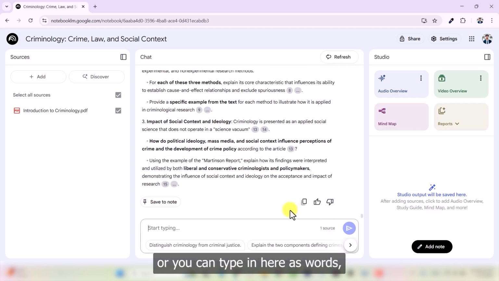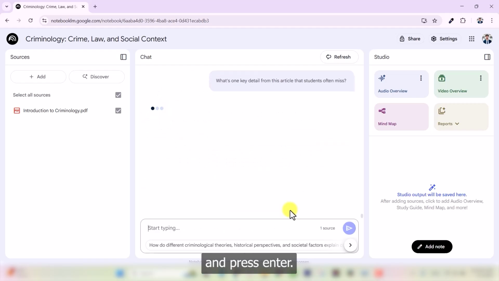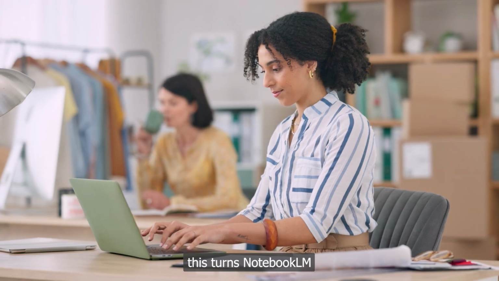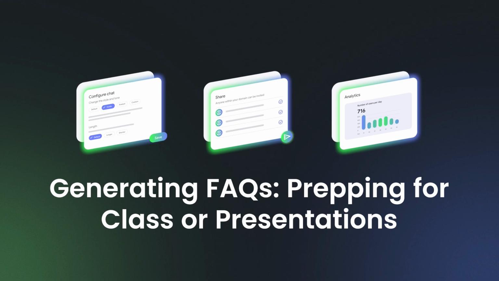Or you can type in here, what's one key detail from this article that students often miss, and press enter. So it has given 2 points: contradicts common belief, and the second one is positive functions of deviance. This turns NotebookLM into a study buddy that challenges you to think more deeply, generating FAQs, prepping for